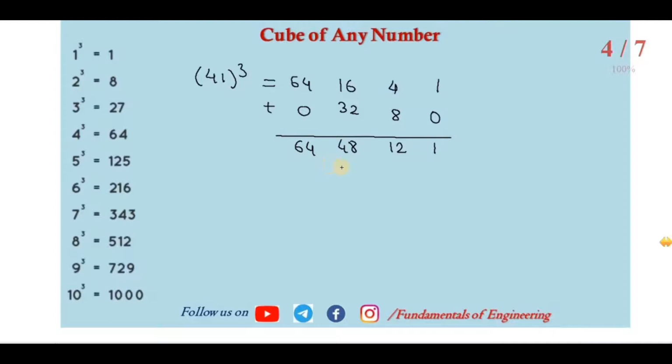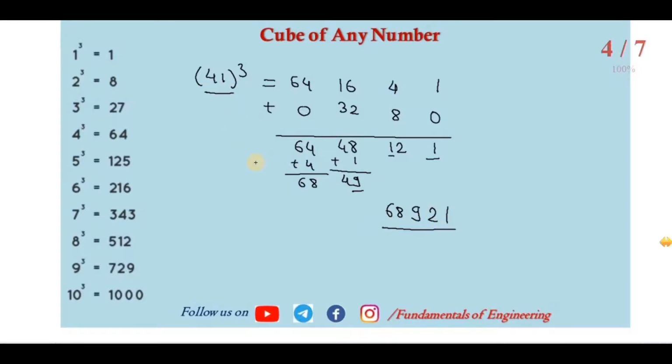So that is the second step. Now what you have to do? Take the unit digit. So I have taken 1 here, then this unit digit 2. So this 1 will be carry here and it will be added in here. So 49. So you have to take 9. Then whatever this 4, you have to carry here and we have to add. So 68. So any number is not behind against this. So I will take 68. So 68921 is the cube of 41.